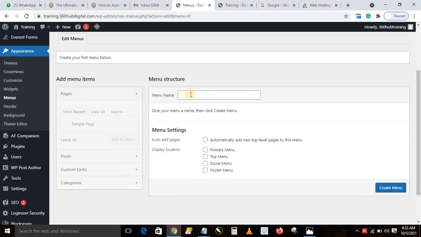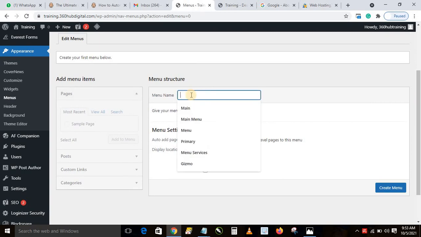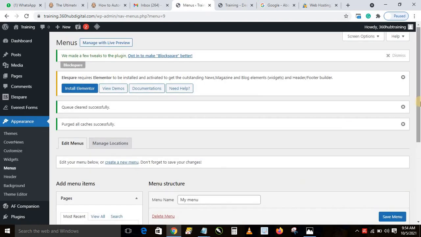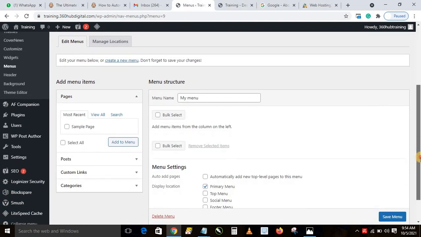So what you want to do is just click here and name it anything you want. You can just say my menu, and select primary menu. Then you want to click create menu. I'll wait for this to create. Now that the menu is created, what we want to do is add